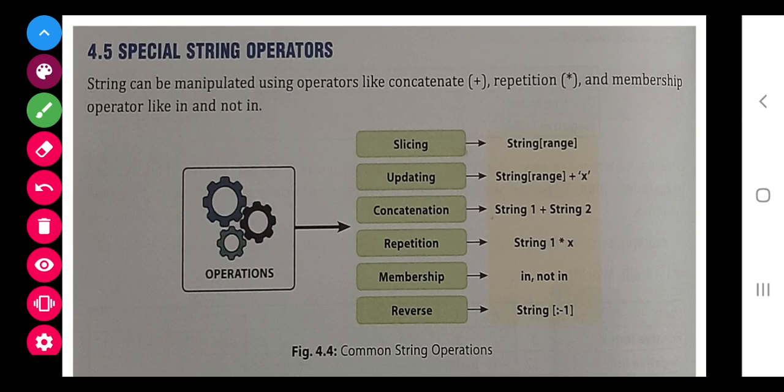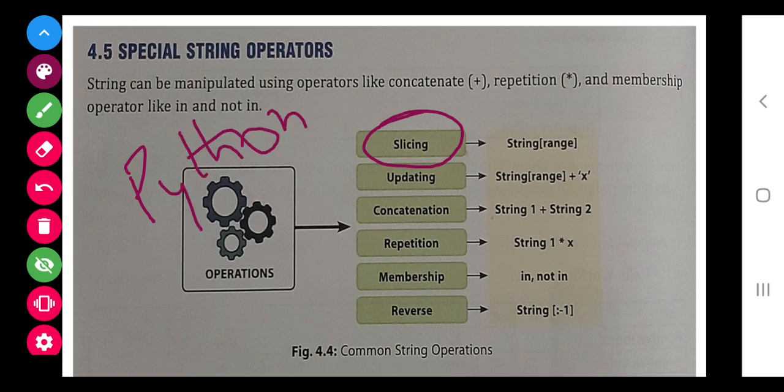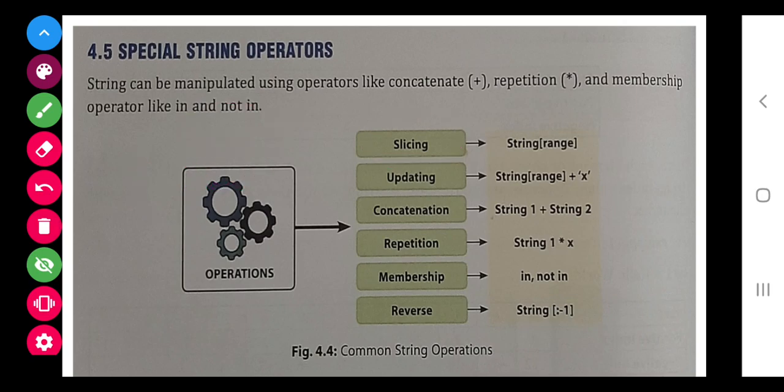Class, today we are going to study special string operators, out of which the first thing that is given is slicing. It simply means to find the substring of a string. Suppose I am having a string named Python and I want only THO. So how I will get that is slicing. Similarly, if I want any other part out of it, that is slicing. For that we have to give a range that I will tell you. Next is the